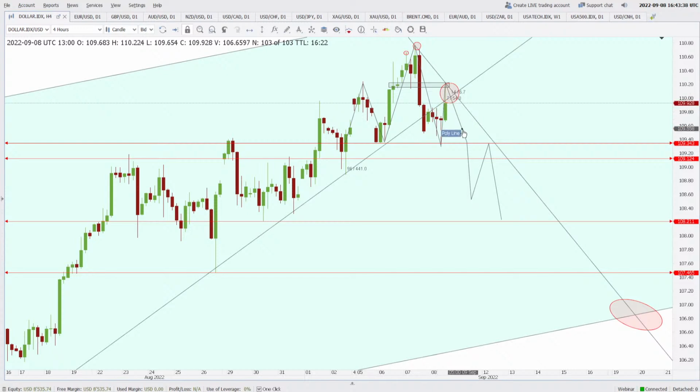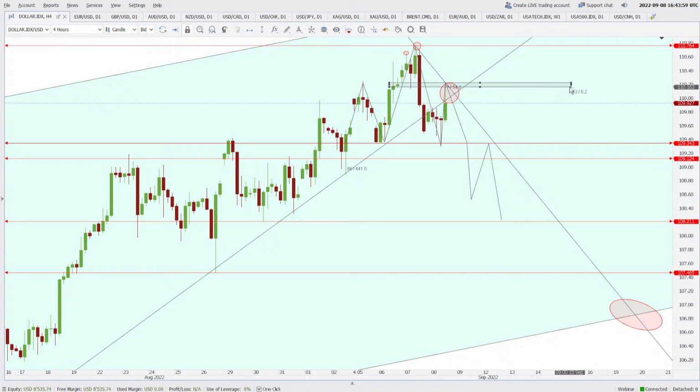But keep these things in mind, that the dollar is very risky to buy at these levels at least. So where are the key levels now? This recent high of today, 110.76. Yesterday's high is a good area of resistance, and also this rectangle is a good resistance for the price. So I will just keep this on my chart for some time. All right guys, and support is near 109.34 in this market.